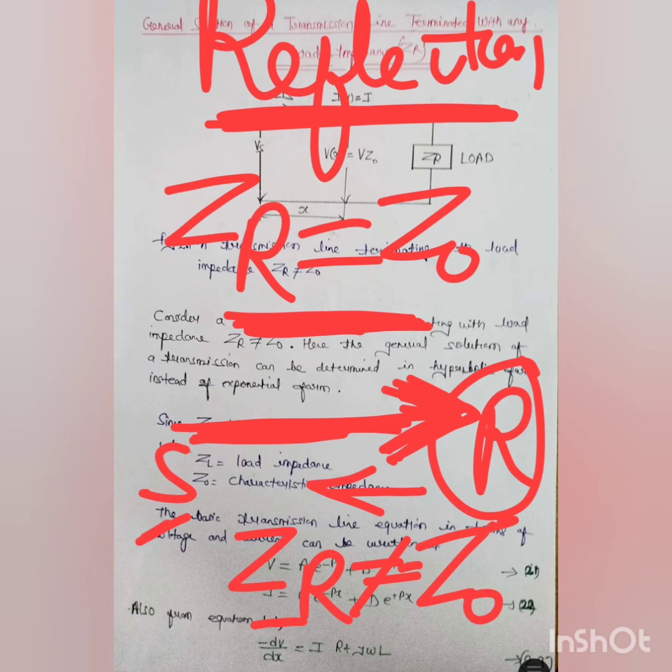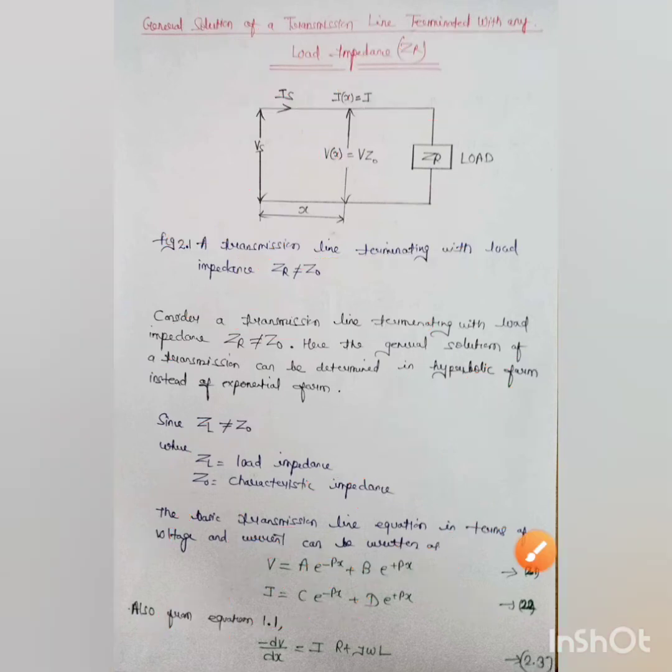because for the proper functioning of any transmission line system, we require that whatever we are sending is totally absorbed by the load. It should not reflect back to the sending end, because it makes the sending end malfunction. So this is the desirable condition, but in most cases this condition is very difficult to achieve. So here we have taken that our load impedance is not equal to Z0.